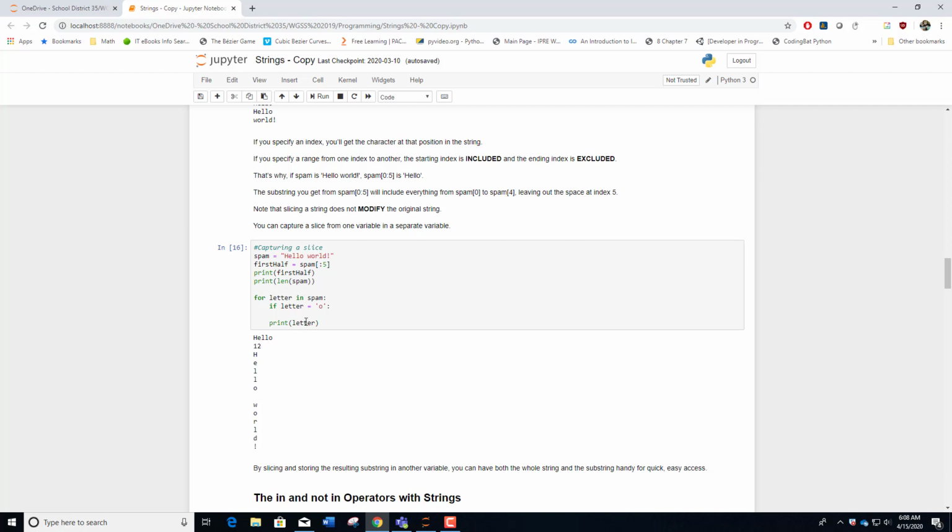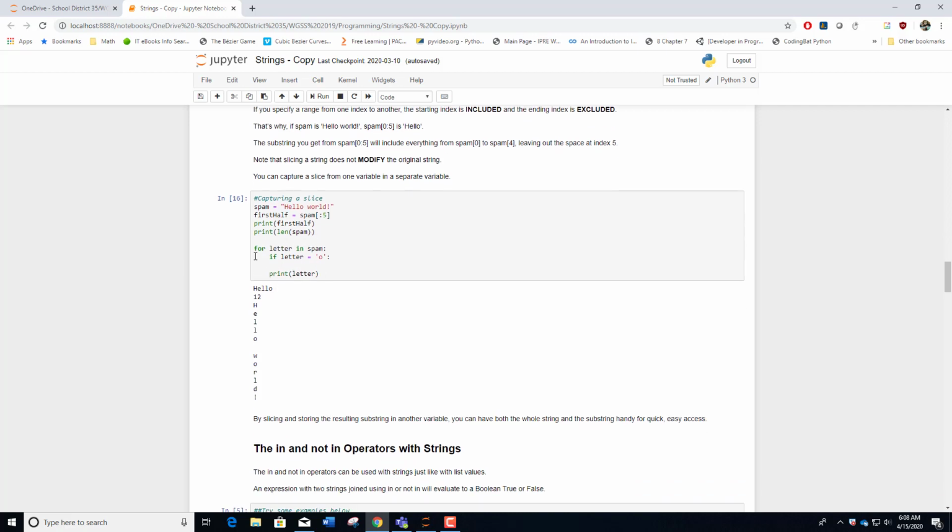Print it out. You can iterate through, again, just very much like a list. So for each letter in spam, if the letter is equal to O, print that letter. Actually, I've gotten rid of that at the moment, but you could, if I push this in, I guess,